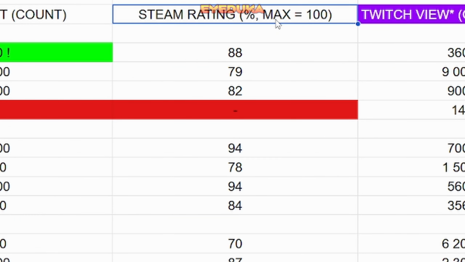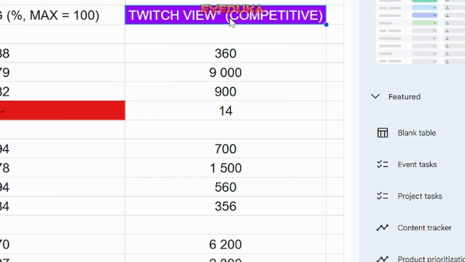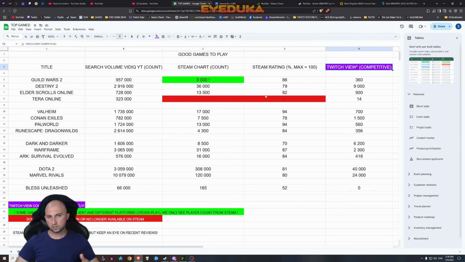Then you have Steam rating, which is basically the average rating from all the combined reviews. So that's also a pretty good criteria because it's all from players anyway. And in the end, we have Twitch viewers. That's the number of viewers for the current game. The only main principle here is just the statistic of how popular a game is, how many people are searching for it, how many people are playing it and watching it, those kinds of things. We're not looking into anything like pay to win, what kind of business model, what kind of company. This was for the other video.